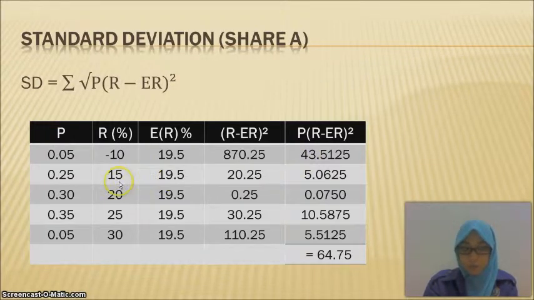Same with the probability of 0.25, the answer of this formula is 20.25, we times with 0.25,